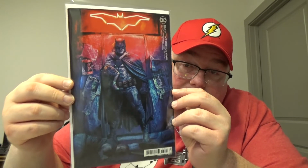So this is one of them ones I was telling you about. This is Detective Comics 1049. The subject matter on this book is crazy. So Batman is standing there and he's holding that child, and you can see he must have kicked the shit out of the kidnapper because there's missing signs with the kid on it. I mean, this is a powerful cover. I don't know if there's a story that correlates with it on the inside, but this embodies who I feel Batman is, the good that he does. So this cover, I had to have it when I saw it,